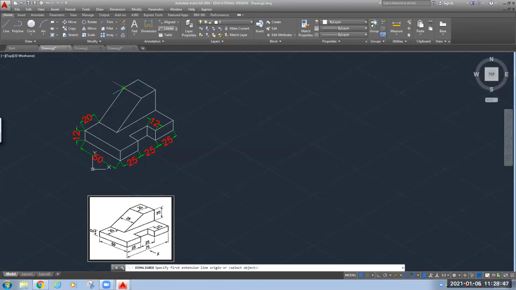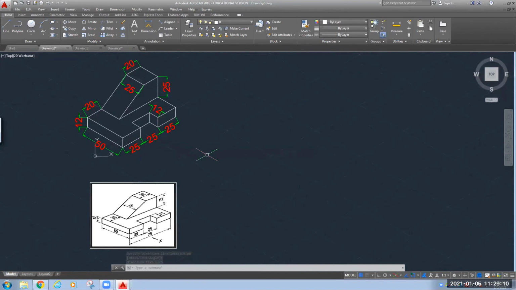Now this distance is 25. 20. 25. So this is the entire dimensioning we have done for this isometric view. You can write here that this is the isometric view using your text command.